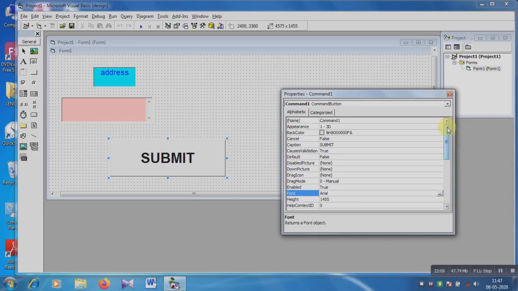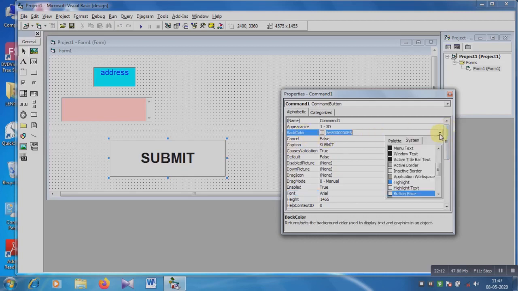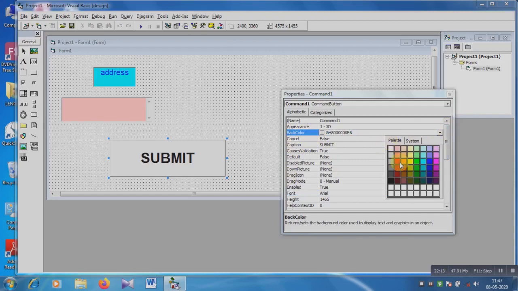Back color you can choose. This is the back color option, means background color.